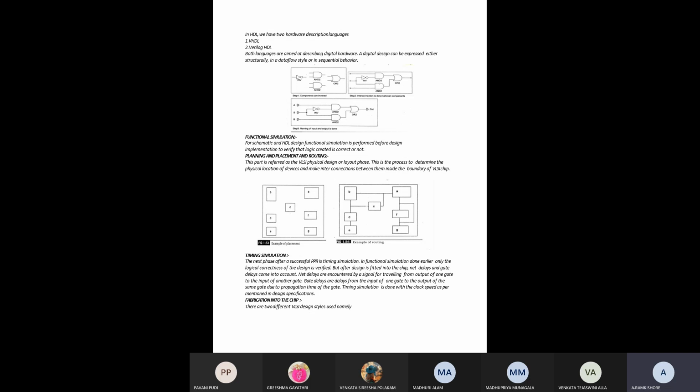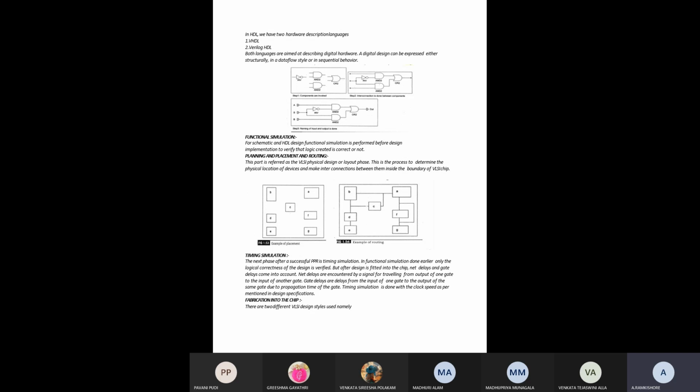In hardware description language, mainly we use two languages: VHDL and Verilog HDL. By using these languages, we can design any type of VLSI circuit.